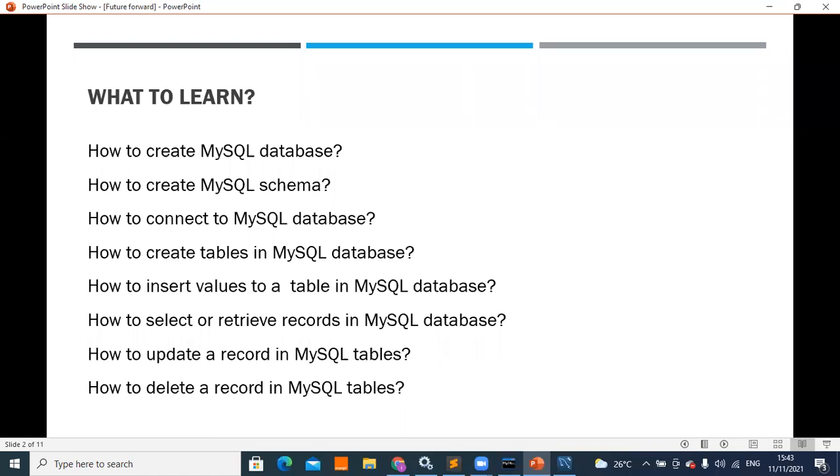So far, we've learned how to display the total number of databases that are there, how to connect to a database, how to create a database, how to create a schema, how to create tables in that particular database once it's connected, how to insert values in your table, how to view tables, how to delete, how to update, and how to select. So this brings us to the end of this particular tutorial,